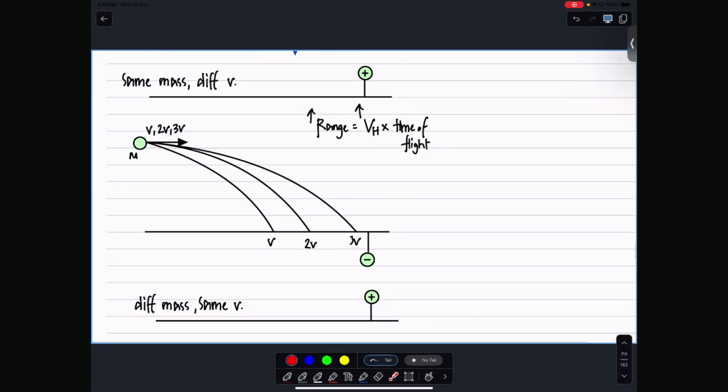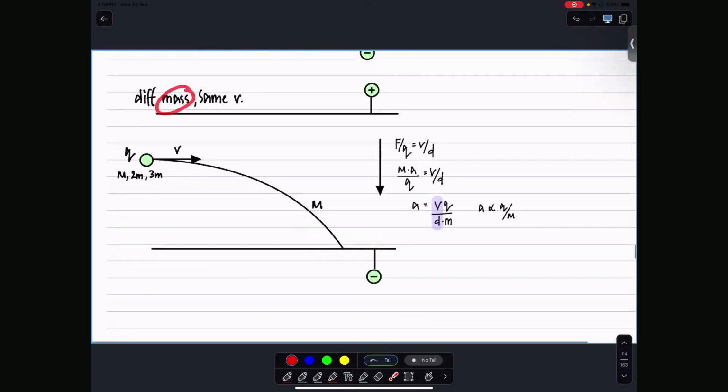Now, unlike AS projectiles, where we saw that mass didn't have an impact, here mass does have an impact. So if they ask you a question, why does mass have an impact, what would your answer be? Like, why does mass actually change the path? Because we previously learned mass didn't change the path.